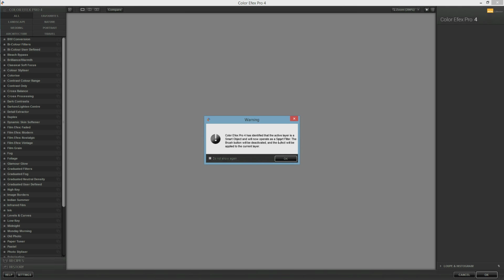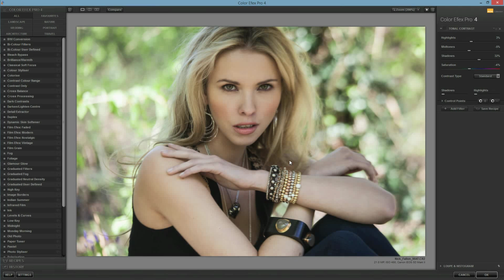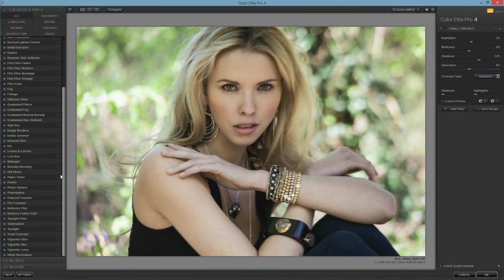So Color Efex 4 has identified that it's a smart object and will now apply a smart filter. Now what that means is that if I make a change, so let's for instance go to the tonal contrast here, right? So let's just turn it on. Okay, it's a bit much. So it's nice to boost the shadows a little bit without having too much effect. So we want to make her eyes pop essentially, and